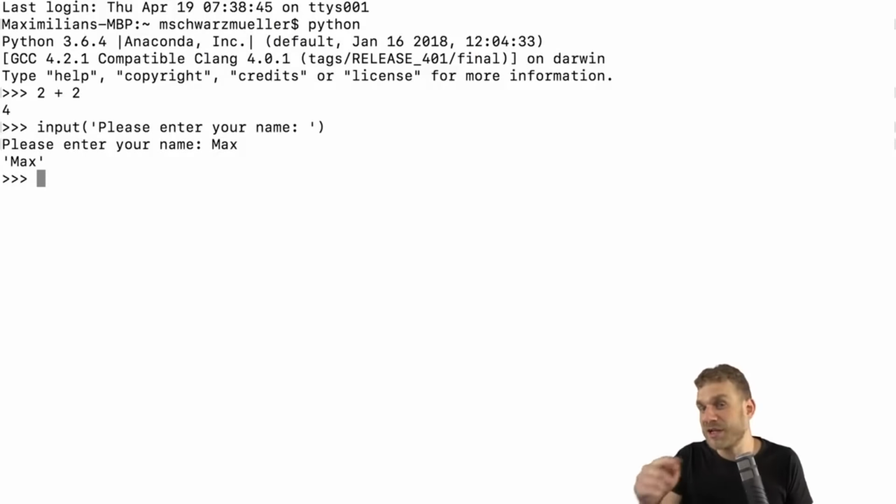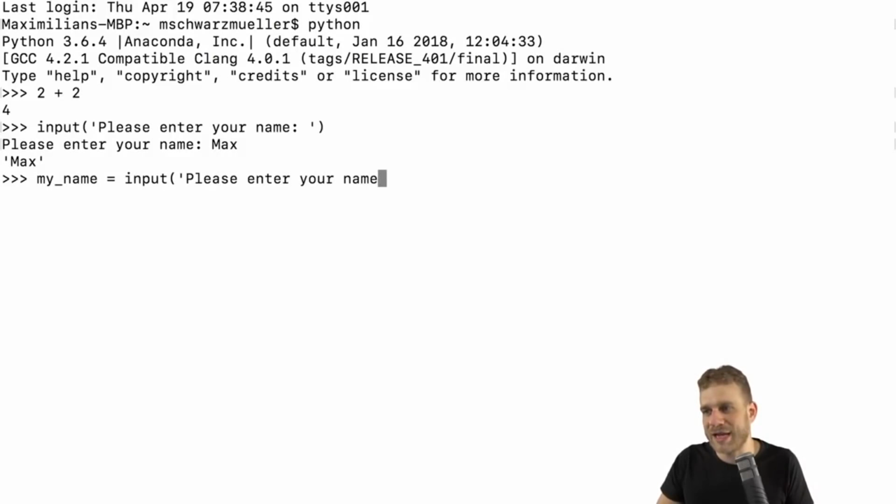Now that's nice, but I want to store that in a file, right? Here we can use another concept, variables, something I'll also come back to in this course. And we can simply add a variable by typing any name you want, like name, but you could also type my underscore name, anything like that, and then an equal sign, and then input, please enter your name.